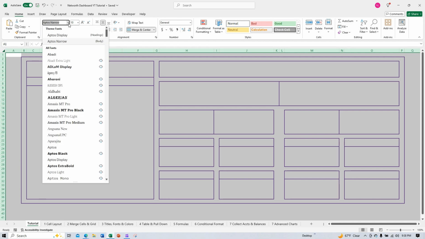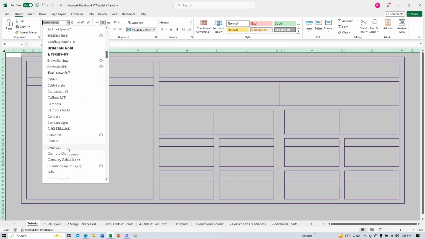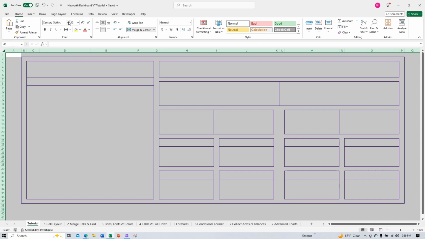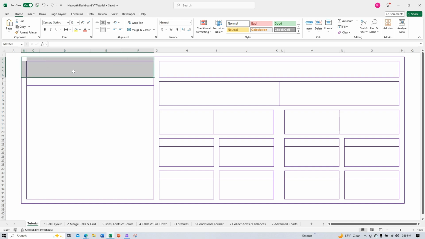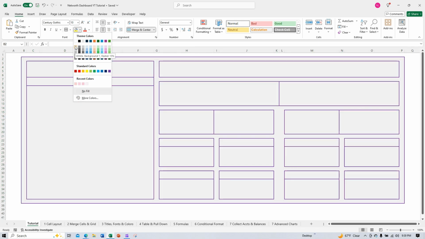And then the last thing that I want to do is change the font. I'm going to scroll down to Century Gothic. And I'm going to select everything inside the outside border, and I'm going to fill all of those in with this light gray. So now that everything is selected, I'm going to go into this cell here, and I'm going to hit my caps lock so that everything is capital letters. And I'm going to type in